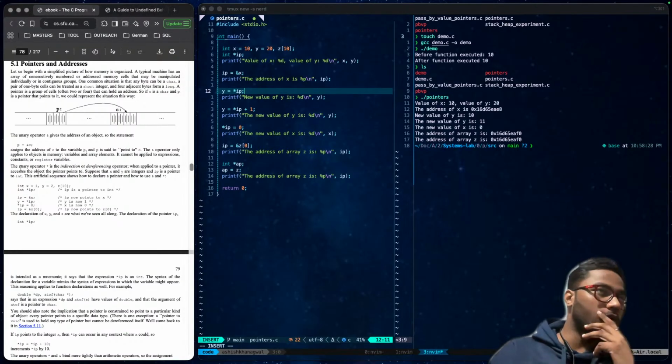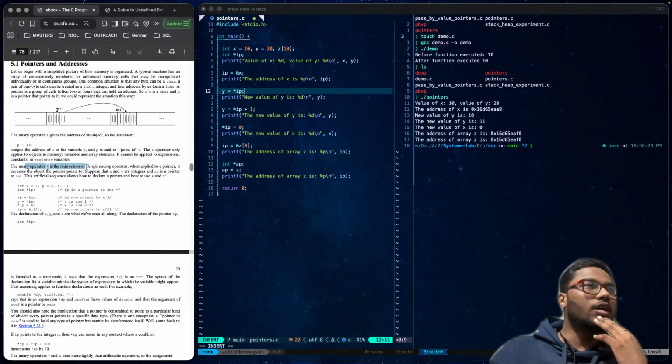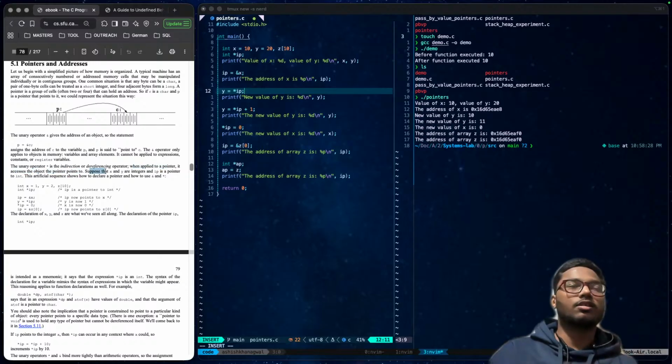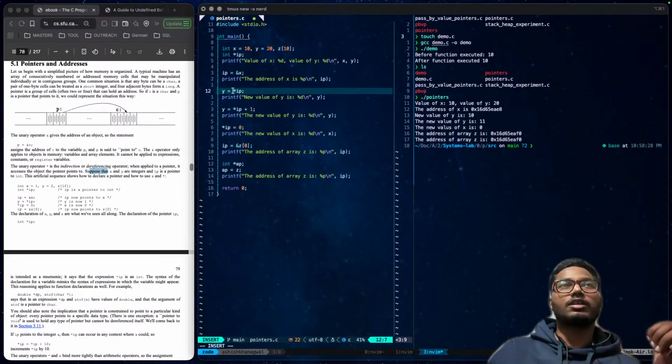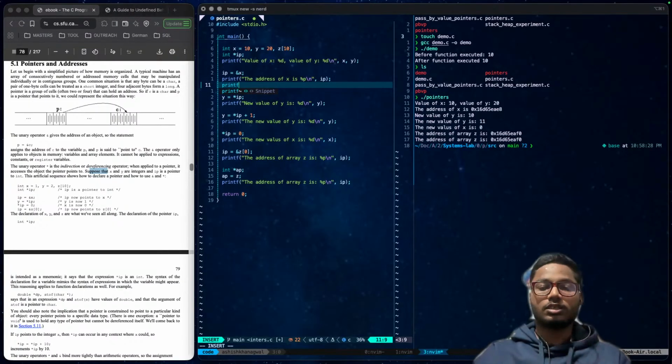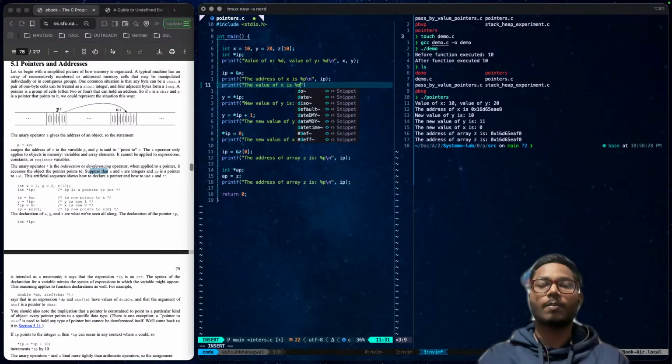When applied to a pointer, it accesses the object the pointer points to. Suppose that x and y are integers like we have here. So it actually stores the value of the variable x. We can get it here. The value of x is %d.